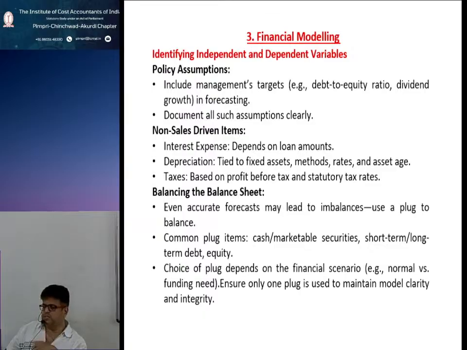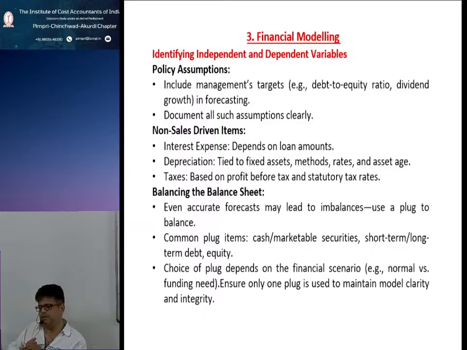Then comes the non-sales driven items. So non-sales driven items mostly are the finance costs. So interest expense depends on loan amounts. Depreciation is tied to fixed assets, methods, rates, and asset age. And taxes are based on profit before tax and statutory tax rates. So these three items typically have nothing to do with sales as such, and are absolutely non-sales driven items, and